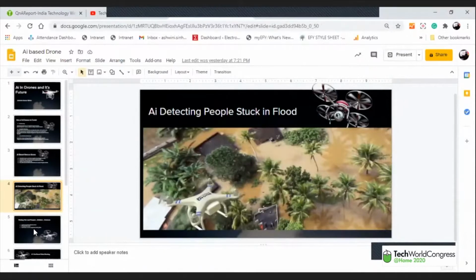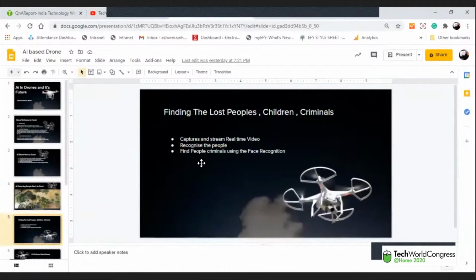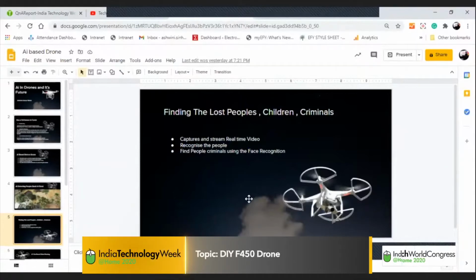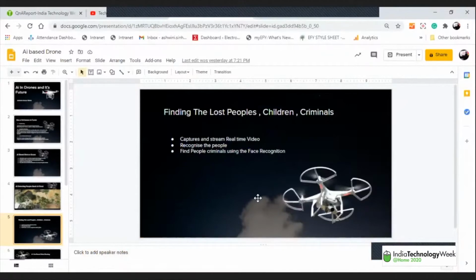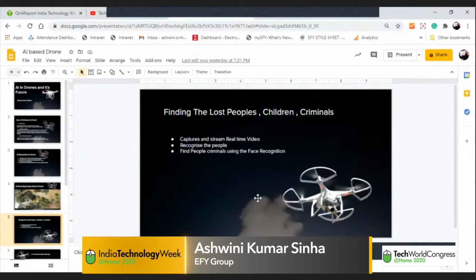We can also use drones in finding lost people, children or criminals. Many times in a crowd, sometimes children get lost, and we need help to find them. These things often happen during people gatherings or in a crowd. Or suppose that the police want to catch some criminals, so we can upload the pictures of those criminals or those children into the drone, and using the camera and the face recognition code, the drone will fly and try to find those lost people or